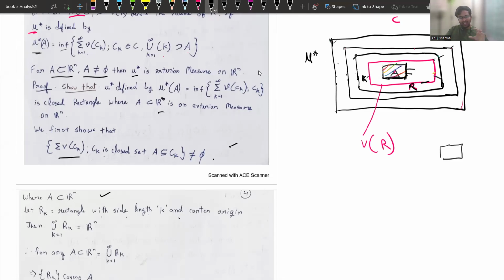If you take the union, you will find that it keeps on going and it covers the whole